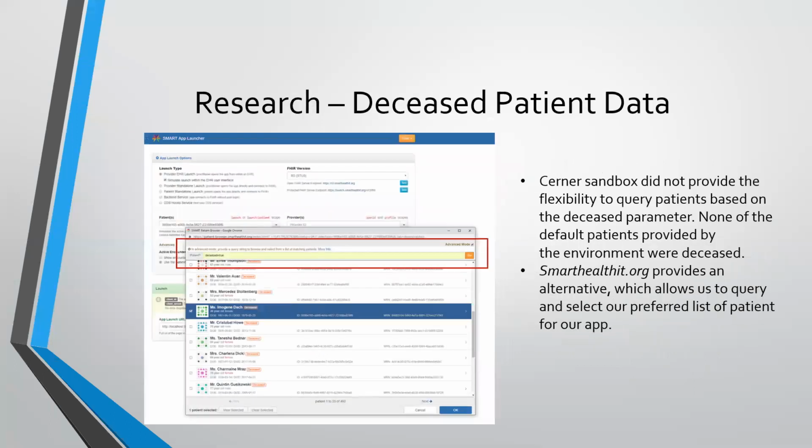And the research. We had a couple of questions on deceased patient information and data. There is no out-of-the-box facility provided by Cerner Sandbox that helps us identify deceased patient information. But